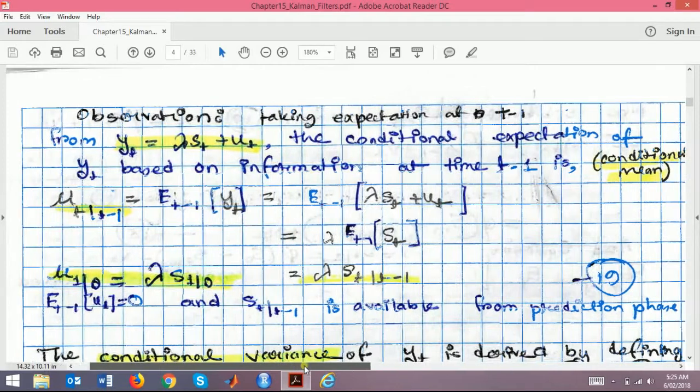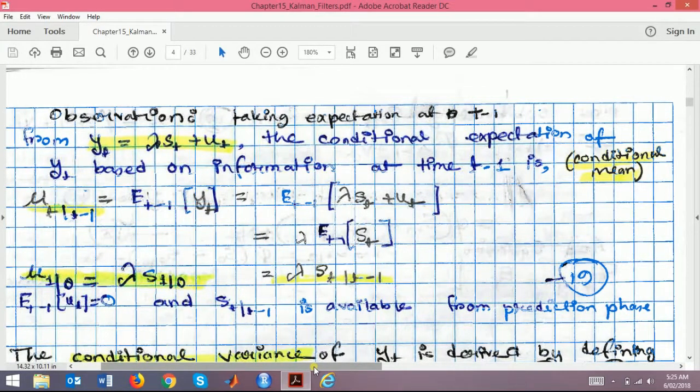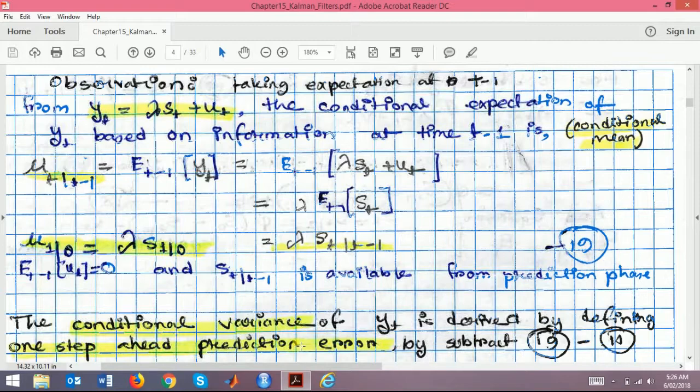Observation. So let's take the observation at time t minus 1 from the measurement equation, y equals lambda st plus ut. The conditional expectation of yt based on information at time t minus 1 is the conditional mean. The conditional mean is mu1|0 equals the expectation of lambda st plus ut, which is lambda times st given t minus 1. We just derived the conditional variance before. Now the conditional mean is